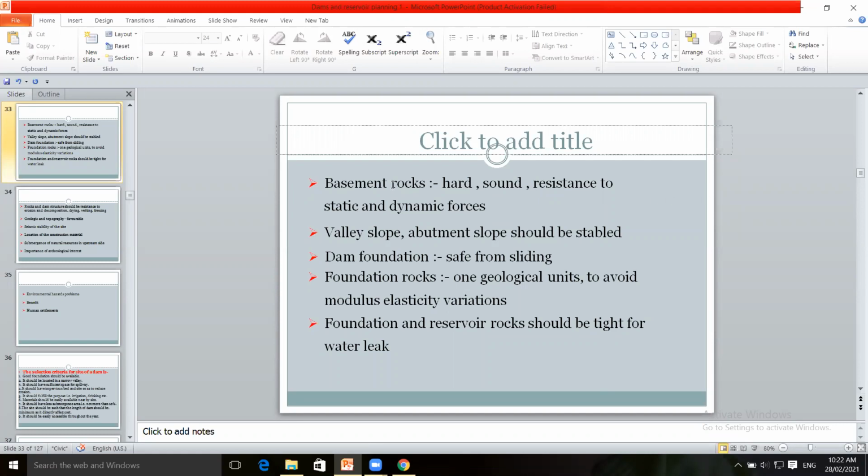It depends upon the basement, foundation, basement rocks. Basement rocks may contain granite, gneiss, or any other type of rock. So it depends upon the type of basement rock.